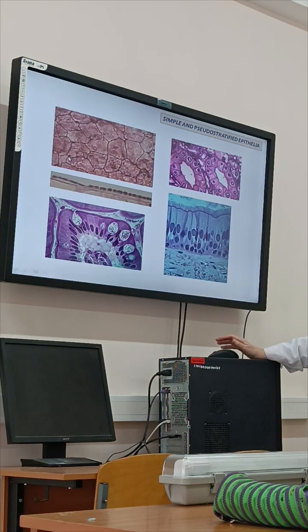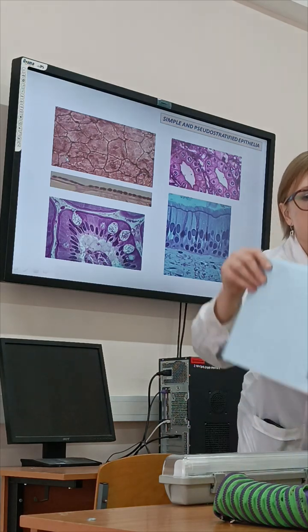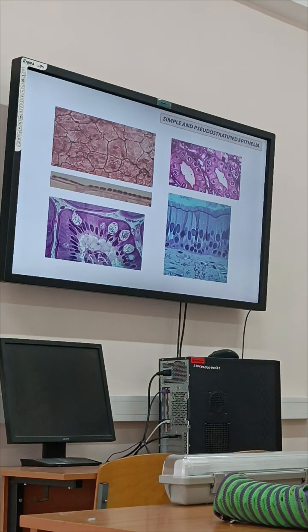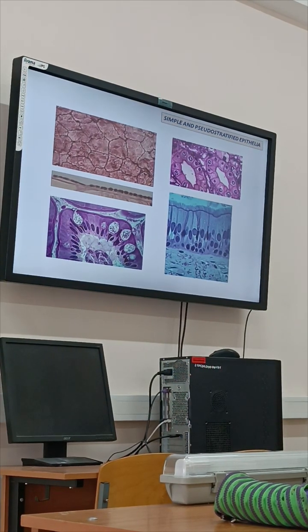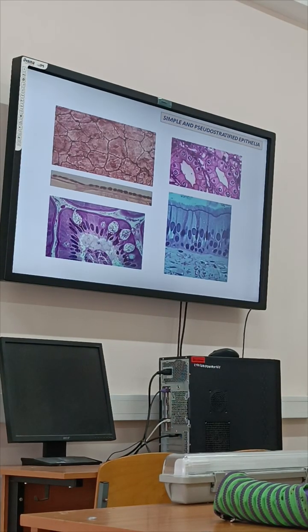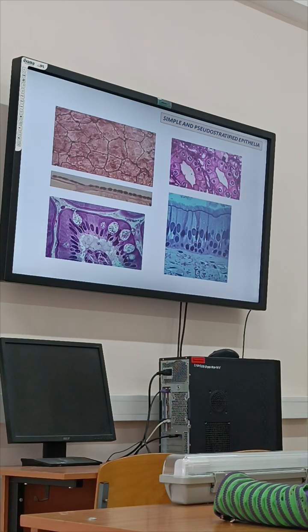First epithelium that you should draw. Class number 5, task 25. You can see here diagrams of different types of epithelium. Below, you should classify this epithelium, full classification. For example, not squamous, simple squamous, simple cuboidal, okay? You should name. And task